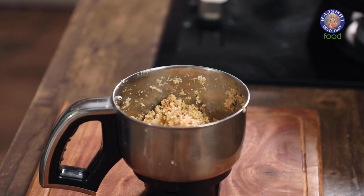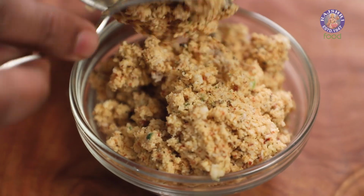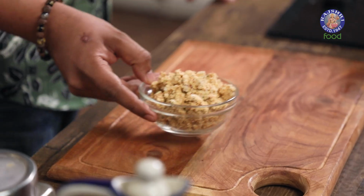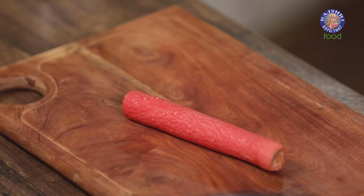Our coconut and spice mix is done and ready. Let's transfer this in a bowl and move on to cutting the vegetables. Let's keep this aside and move on to the next step, and that is cutting the vegetables nice and fine. Well, I'm using the classic 3 vegetables: carrots, French beans and cabbage. By all means, you can go all out and use yam, you can use sweet potatoes, you can use beetroots,